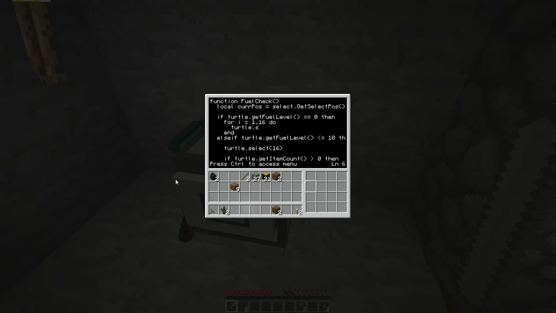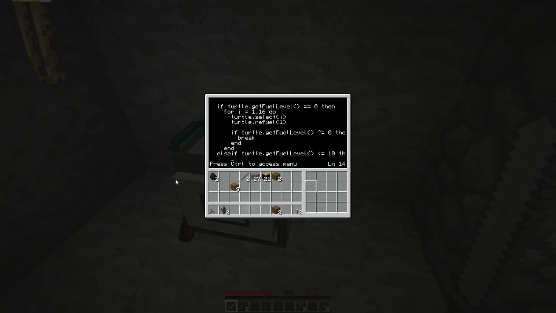So we select this new position, and that should do it. So if our fuel level is 0, then we'll search through everything in the inventory